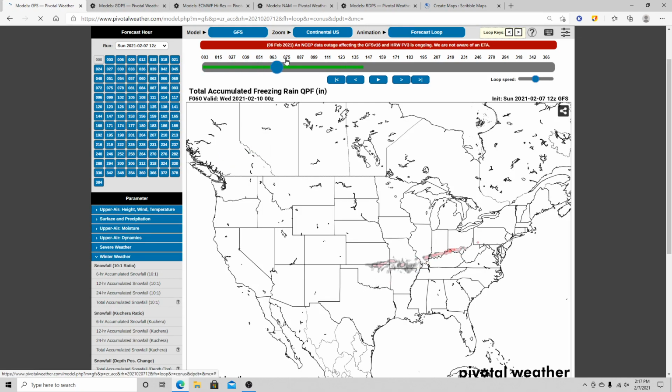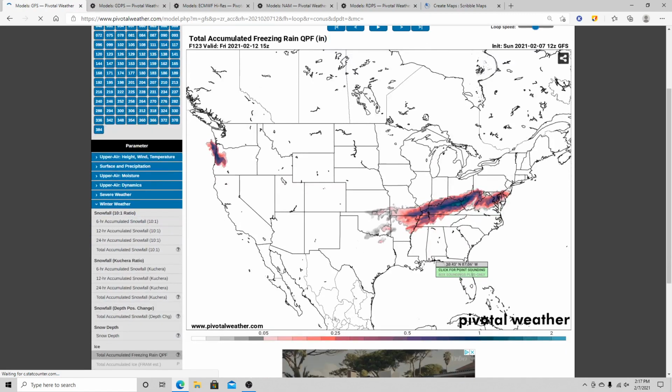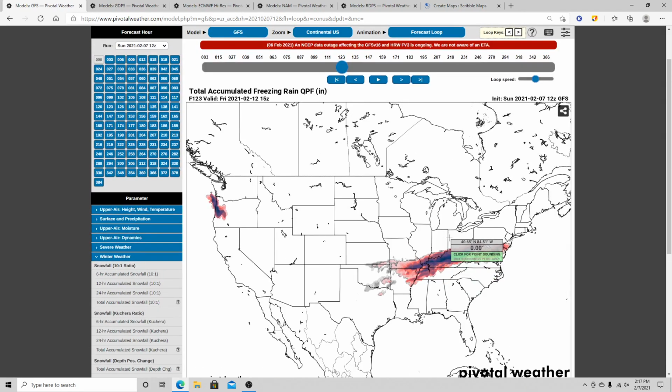So this is the GFS model here. You can see it has some pretty scary amounts of ice here. What I mean by scary is high numbers of ice. The numbers are quite high, just from the GFS, with some areas picking up close to an inch in some spots. This would be a major ice storm if this were to verify, but it definitely seems like the models are trending higher with some of these ice amounts,